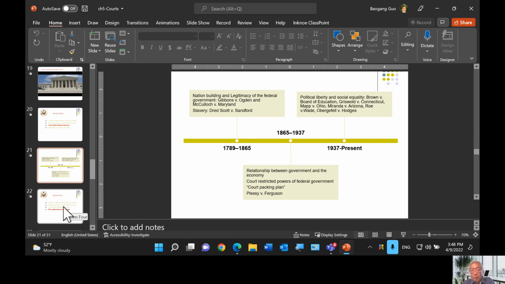And in the second period of time, after the Civil War and before the Great Depression, even including the early part of the Great Depression, the new issues were mostly about economic rights, property rights, and the role of the federal government.